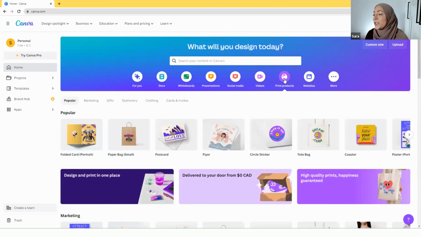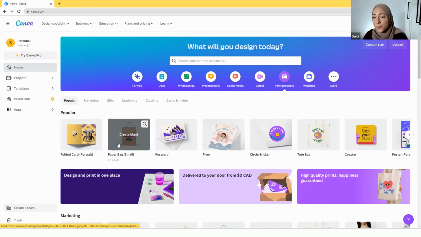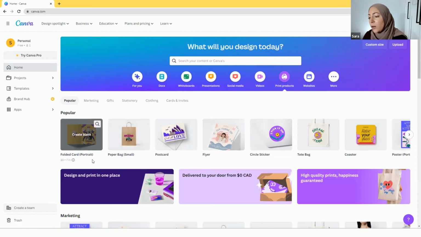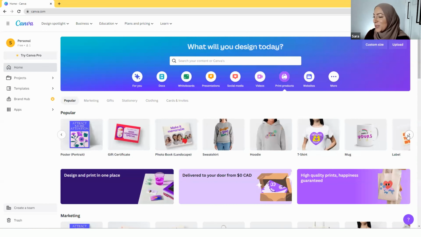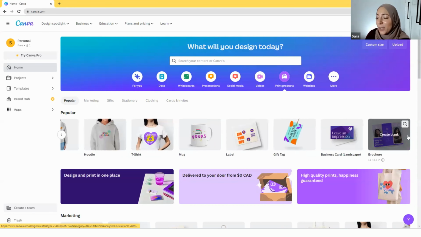Okay, I'm going to move on to print products. Very interesting. I'm not sure if you know about this, but you can have these products after they're designed, printed and shipped to you for free. So things like postcards or paper bags, flyers, stickers, tote bags, coasters, sweatshirts, t-shirts, mugs. So after you come in here, you design it, you can order it